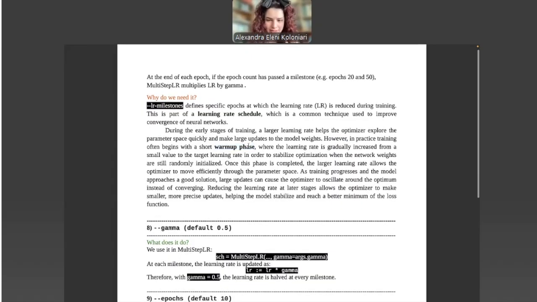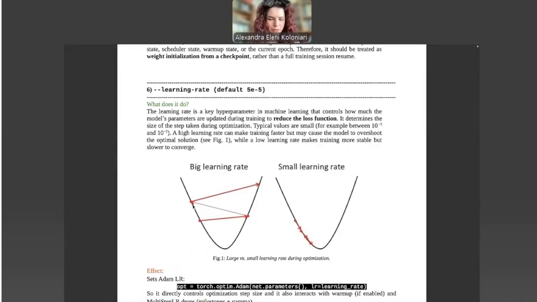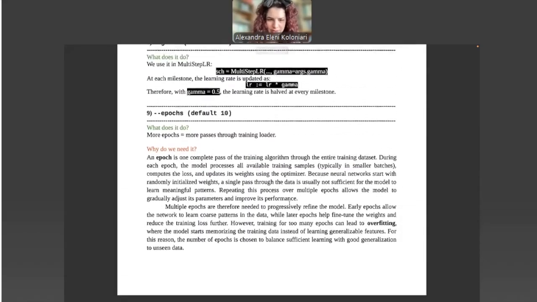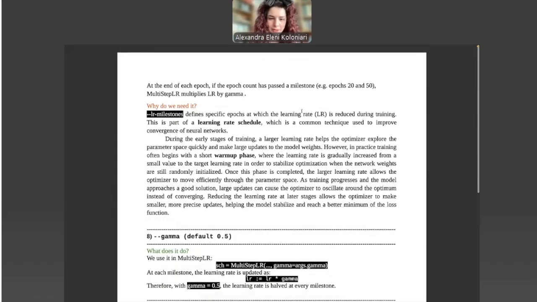However, once this phase is complete, we do need a larger learning rate, as I mentioned before, in order to move efficiently through the parameter space. So as the training progresses and the model approaches a good solution, those large updates may end up making the optimizer overshoot or oscillate around the optimum. So for example, if we are here and very close to the solution, and I keep taking large learning rate steps, then I might end up going around that solution. So for that specific reason, we do use the